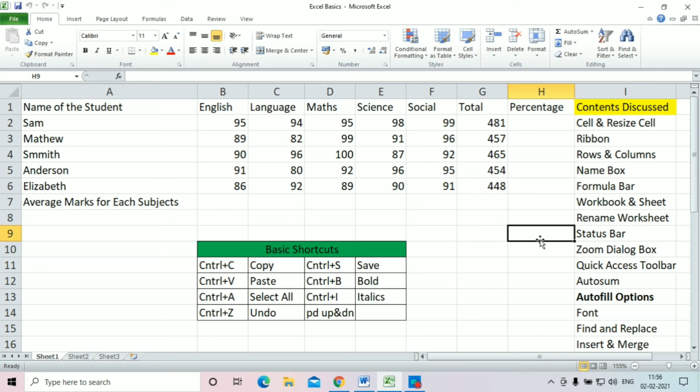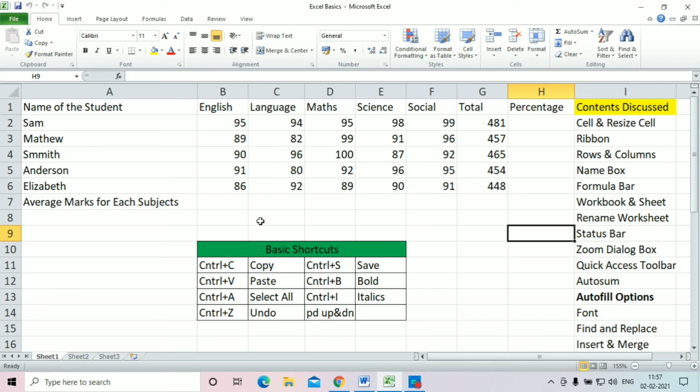So let's get started. In the very beginning I would like to mention that I am using the 2010 version of Excel. Maybe the latest version is 2019. So no worries, every feature and every shortcut and every single thing which I am going to express is going to be the same in whatever version you use, but just the interface, the user experience and the design is going to vary. Every single function is common and everything is the same, so you don't have to worry regarding that.